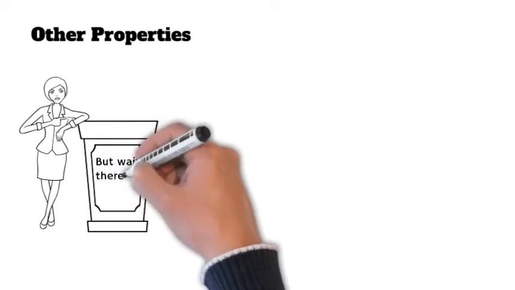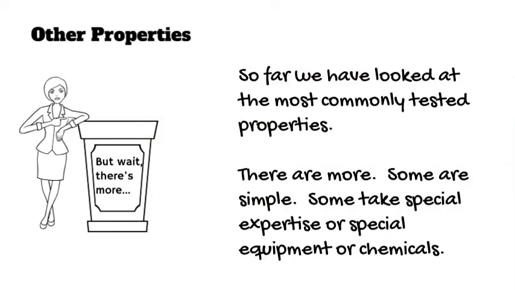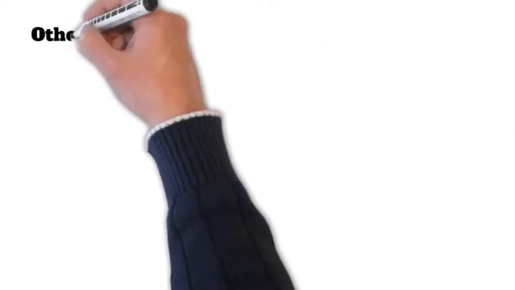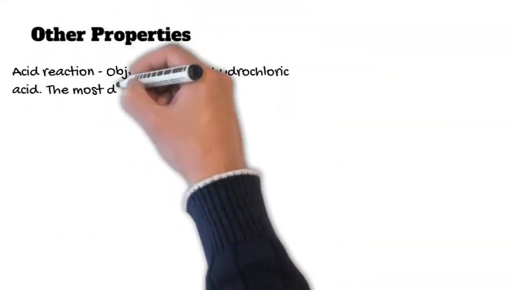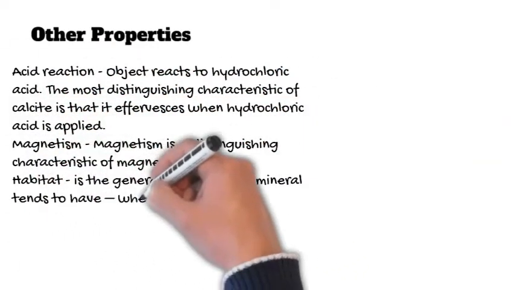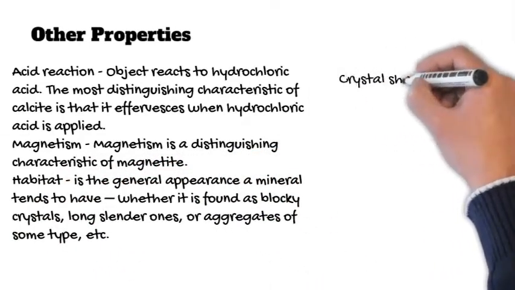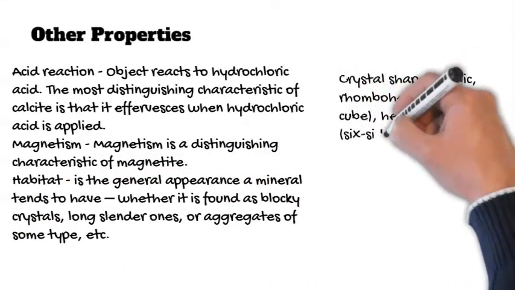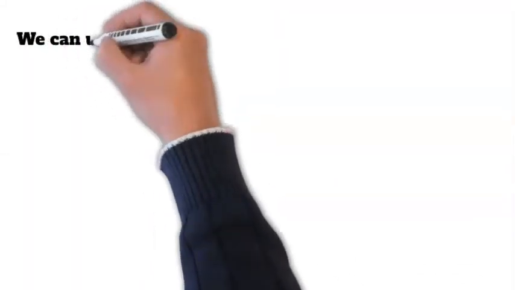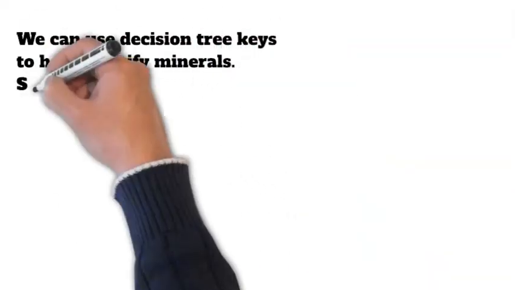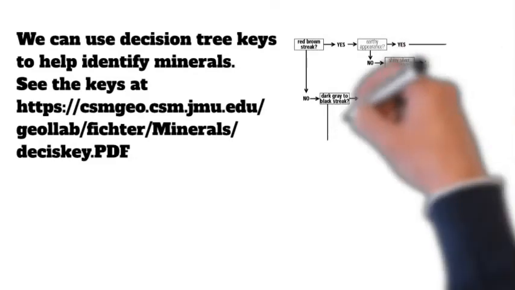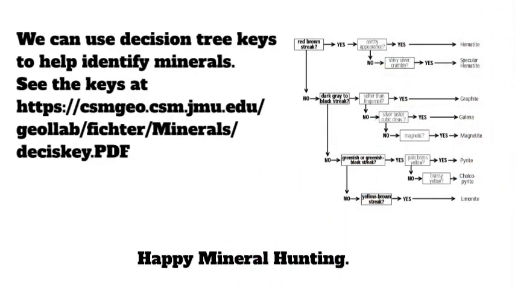Other physical properties include, hey, but wait, there's more. Transparency, ductility, reaction to acids, magnetism, habitat. All of these things can be used to help us identify minerals. From that, we can use a decision tree, such as the one located at JMU, to decide which minerals